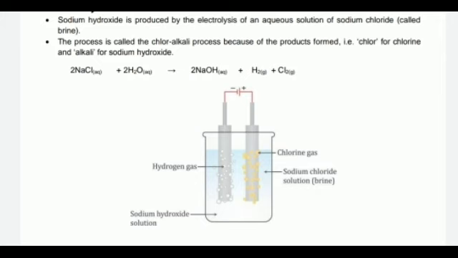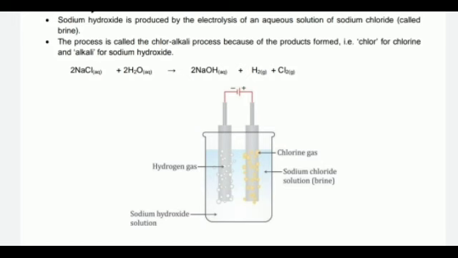Remember one thing, whenever uses of products obtained in electrolysis of sodium chloride is asked, you have to write uses of all the products, byproducts. Okay, first you are going to write hydrogen, and what are the uses? It is used in food, fertilizers like ammonia, and then hydrogen and chlorine combine, these two products are combined, it forms HCl, which is used in cosmetic, medicines, ammonia, formation of ammonium chloride.